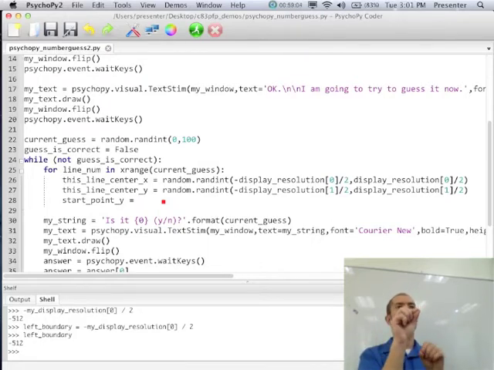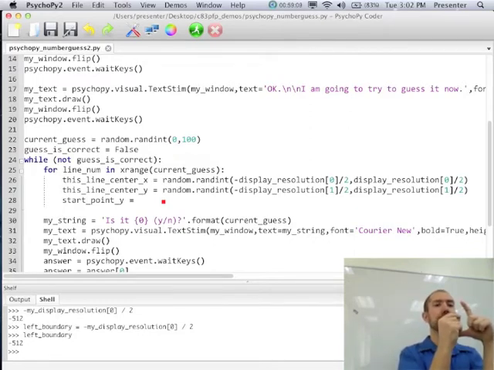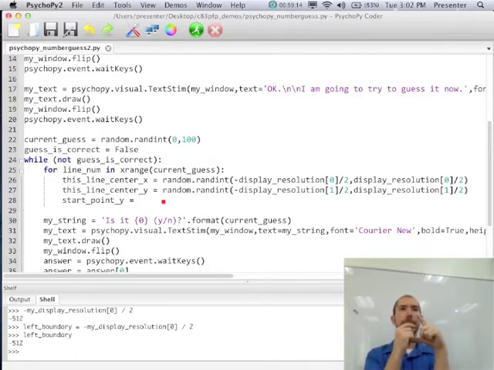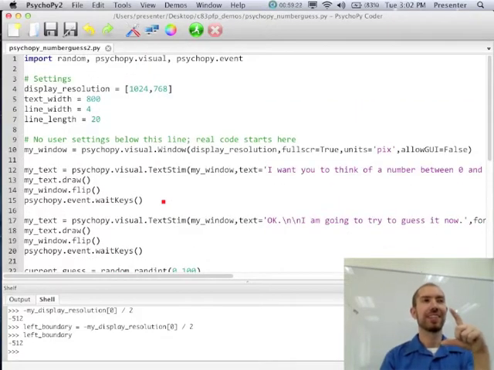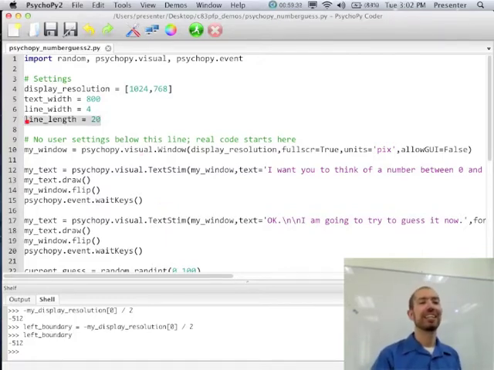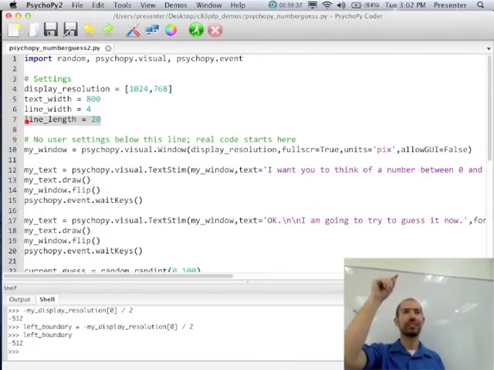So if I have the center point of the line and I want to get the endpoints, what do I need to add or subtract to the center point to get the endpoints, of values that I've already defined, perhaps at the top of the script, perhaps on line 7. So if I've defined the length of the line to be 20, and I've got the center point, how many pixels above it do I need to go?